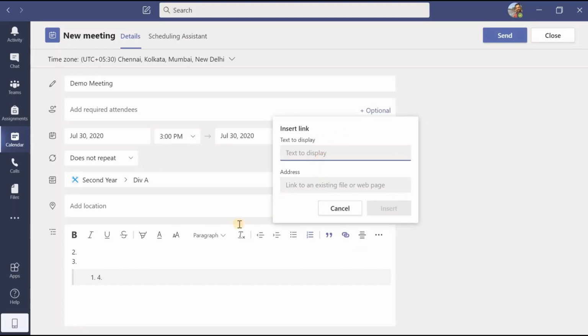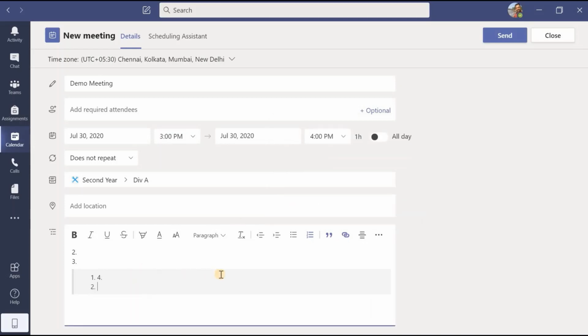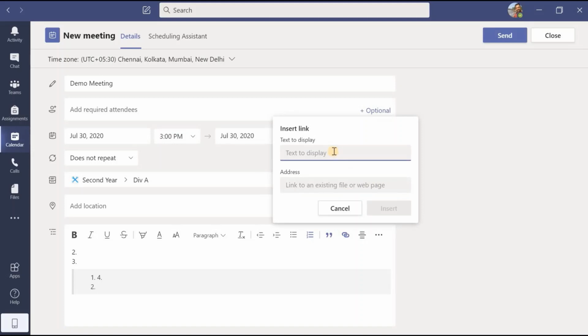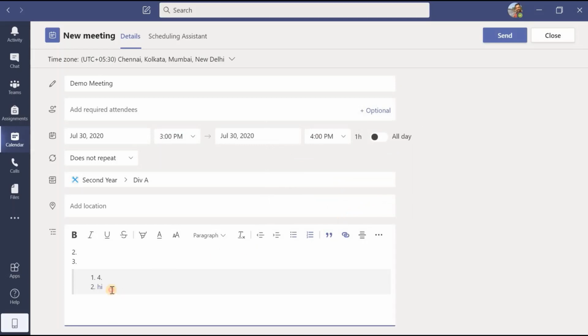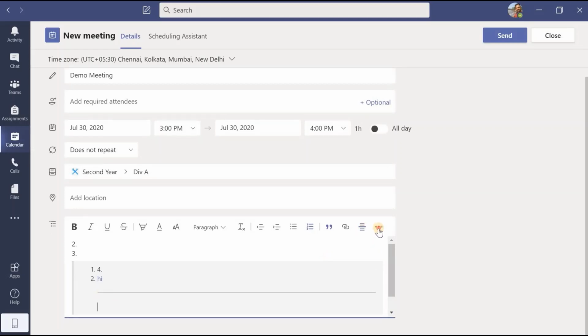Suppose you want to add a link with a message, that is also possible. Let us say I will add, as usual, www.google.com, as it will be a little easier to type. Then this text color will change into purple, and the participants we are going to invite, if they click here, they will be diverted to this link. You can see here. Okay, then if you want to add the horizontal line, you can add it, and a few more are there.